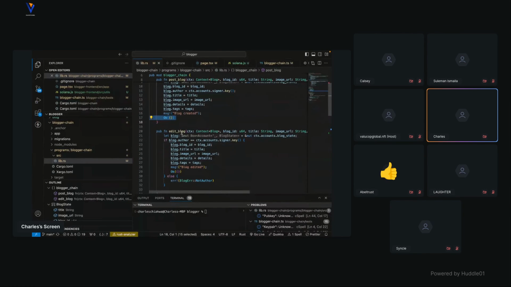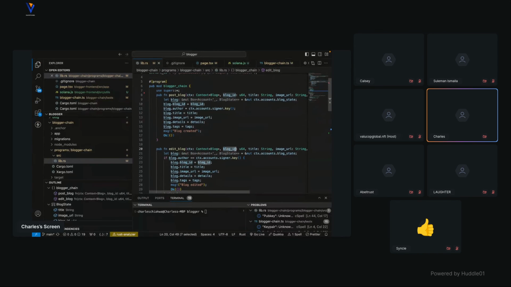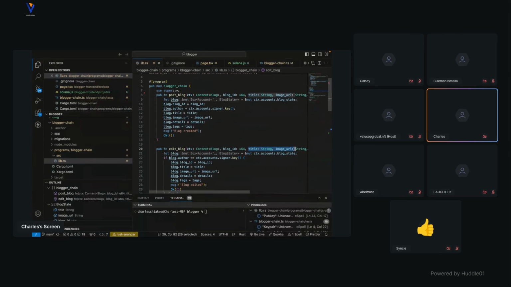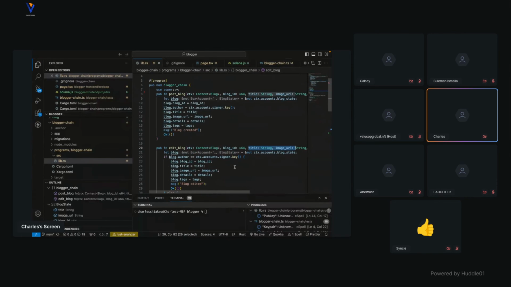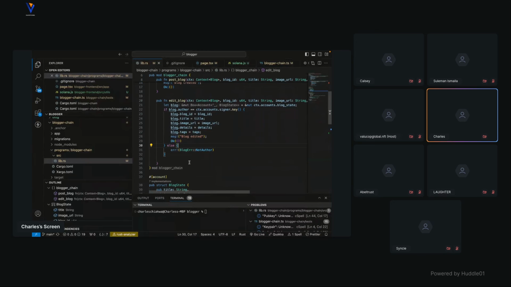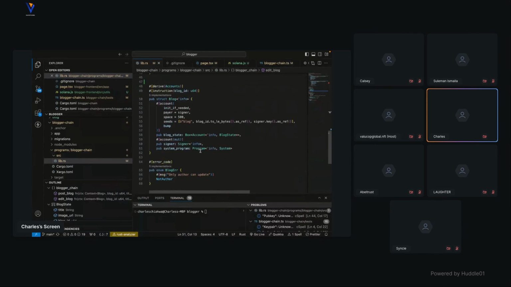Now, to edit that same blog is very simple. The same logic. We need that particular blog ID that we want to edit. We want to pass in parameters, right? That we want to edit. So basically the blog ID, and then we can pass in all these parameters. So if the person trying to edit this particular ID is not the right person, we send an error called blog author not found. And this error was created here,